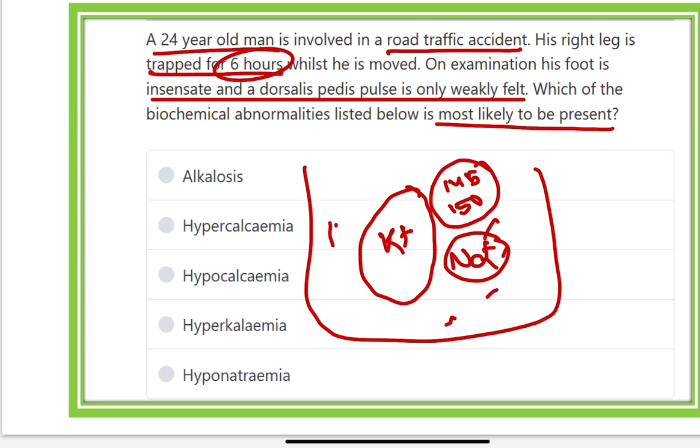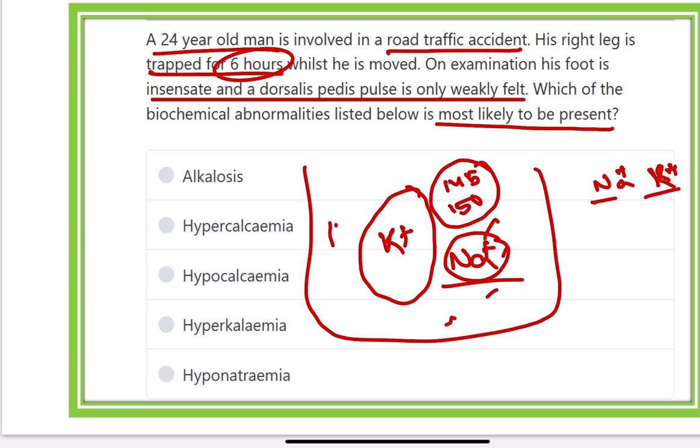On the other hand, in the extracellular matrix there is a high concentration of sodium, which is 135 to 145, and sodium and potassium are like enemies. That means when there is more sodium, then in this area potassium is less. When there is less sodium, in this area potassium is more. In this condition, the cell has a high level of potassium.